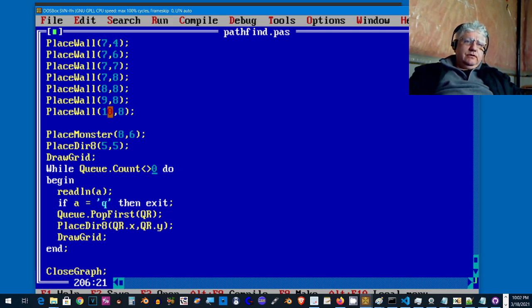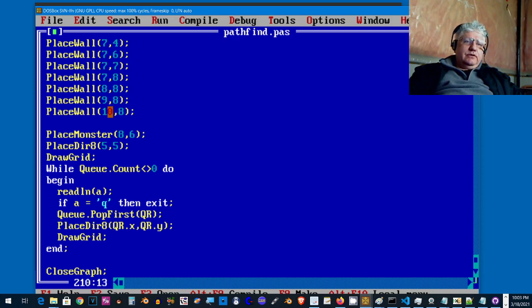So we're doing while count not equals 0. It's waiting for me to hit enter. If I hit Q, it'll exit, but it performs a Q pop first, which means it's removing it from the first element in the array, and then passing it on to this place